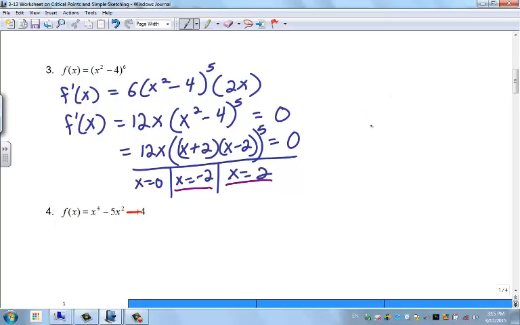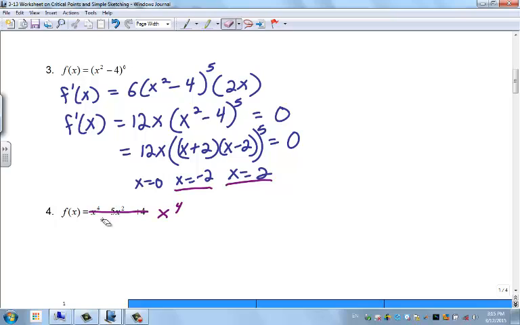I've pretty much done that problem for you. All you have to do is find the y values. The other thing I wanted to draw your attention to is number 4. It says minus plus 4. It should just say minus 4 on the worksheet. So this should read x to the 4th